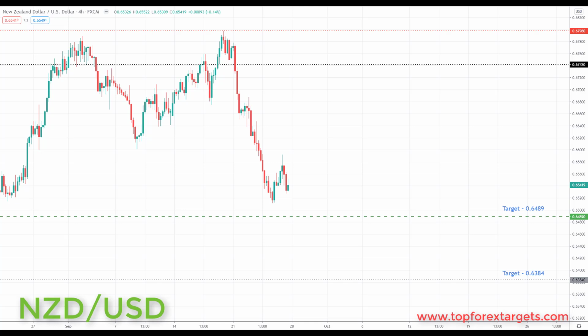So next market we're going to look at is New Zealand dollar. Now we are structured to the downside in New Zealand dollar also, and we may be in the process of forming a head and shoulders reversal pattern in this market. We're very close to the target and the next key of support to the downside, so there's not going to be great risk to reward opportunities in this area.